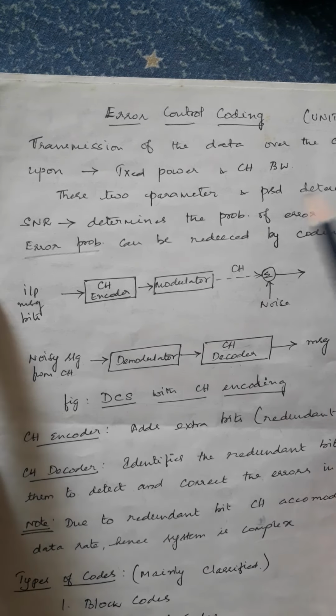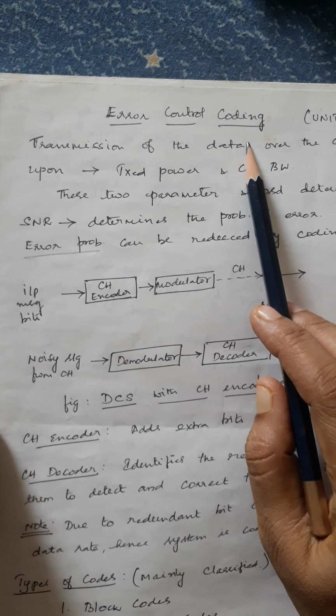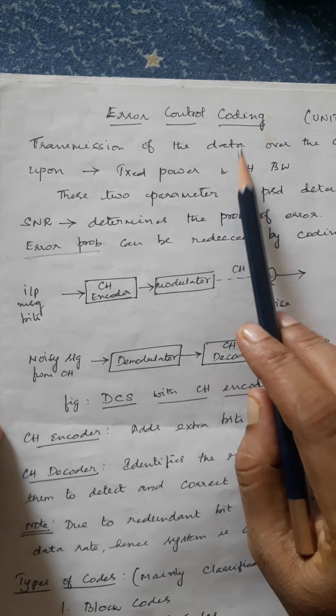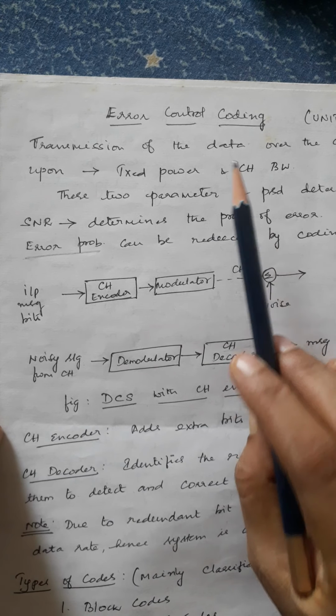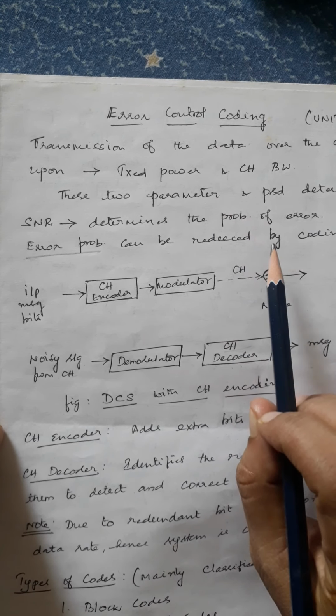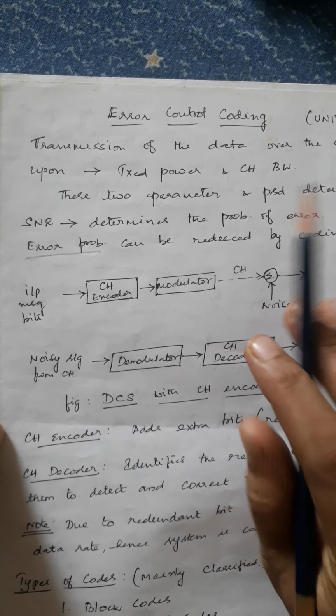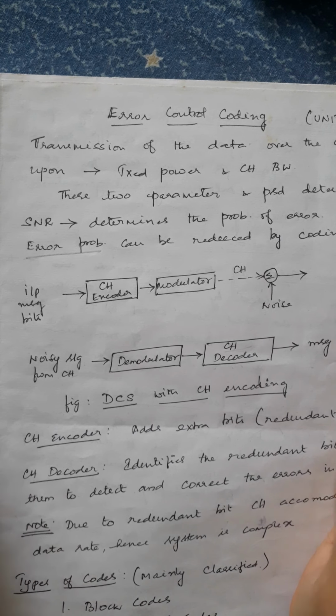Today's topic is on error control coding. What is error control coding and what is the need for this? So, as far as digital communication is considered, before modulation, we used to perform source coding as well as channel